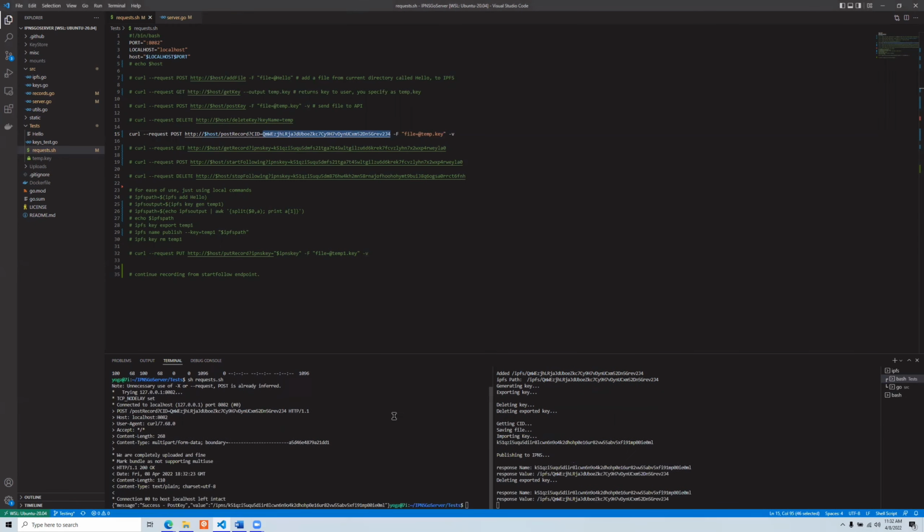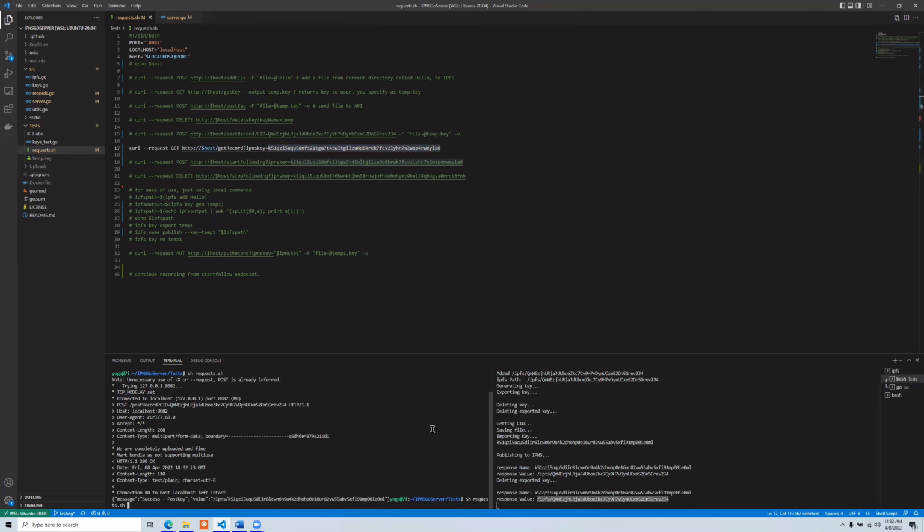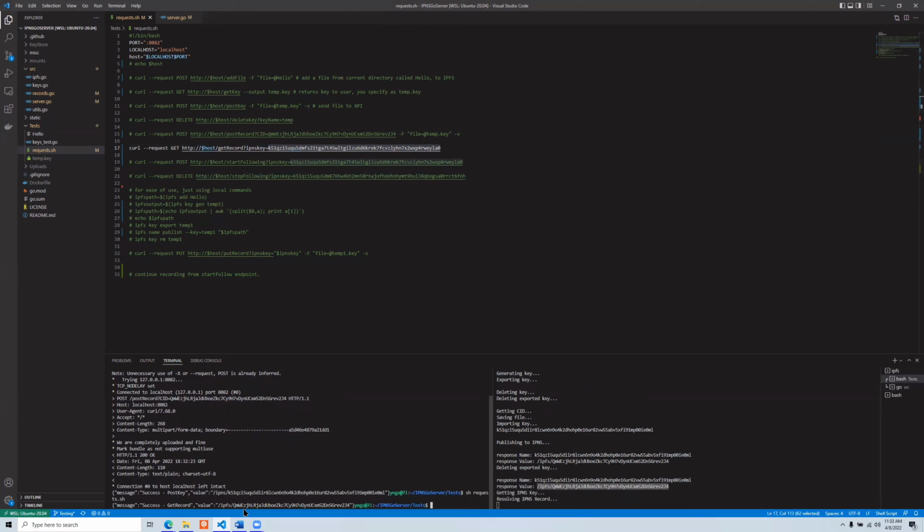So while it's publishing, oh, there we go. Perfect. So we see success, the post key, and the value at which we can find the content. And we can see that this is stored under the ID. So we can also verify that that is correct with the get record endpoint. We provide the key ID which we want to search, and then let's see what it brings back. All right, and so we can see that it matches.